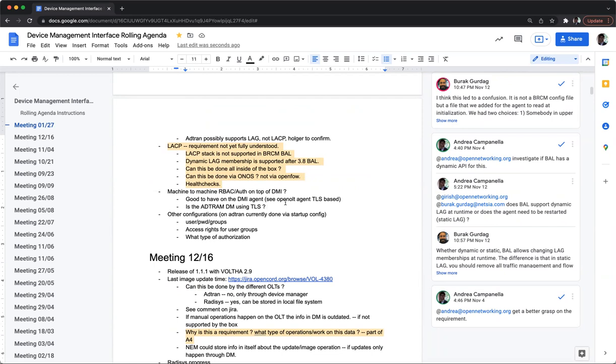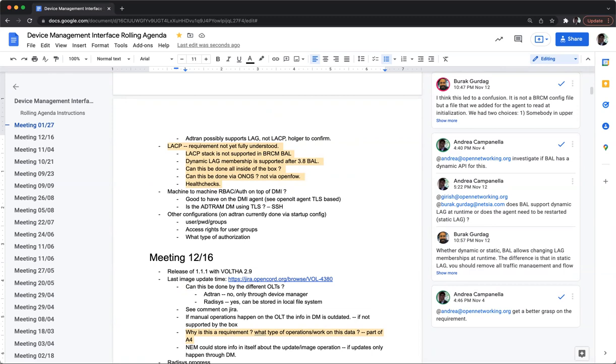There's a question if the Adtran device manager is using TLS. So you mean towards the OLT? Yes, from the device manager to the OLT. It's SSH. And do you have a secure key exchange? Is it done via key, or via password? How is this encrypted? Is this encrypted at all? Yeah, I mean, it's SSH.